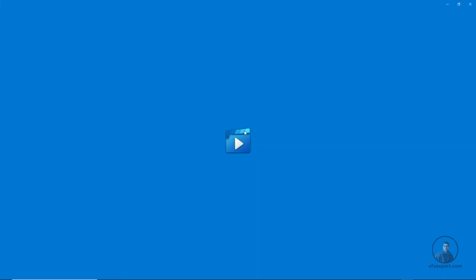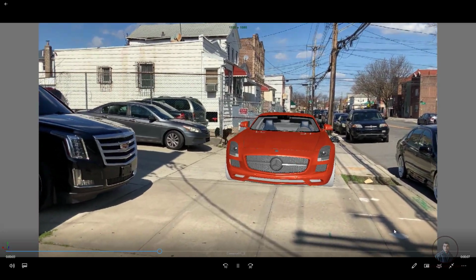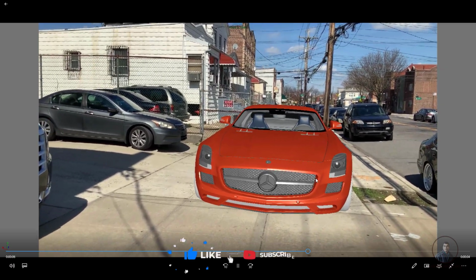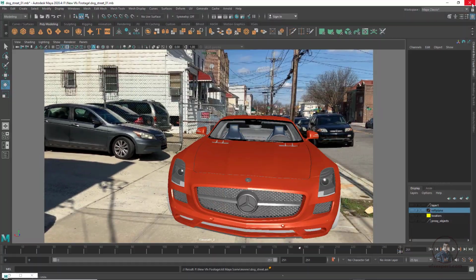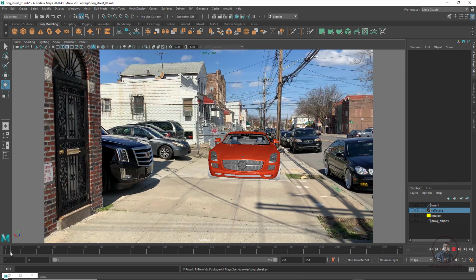Now you can play and check. So now if you will see, this is looking good here. So this is our playblast. So easily you can see there is no slipping or anything like that here. So this is looking good here. Now just close this one. So till here I have successfully placed our 3D model in our scene.